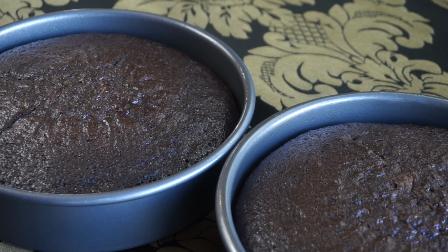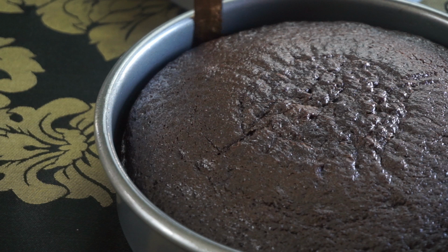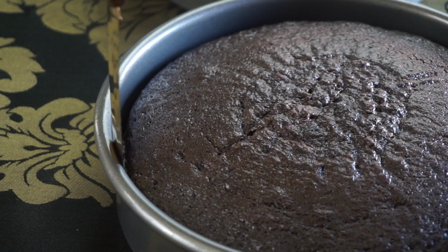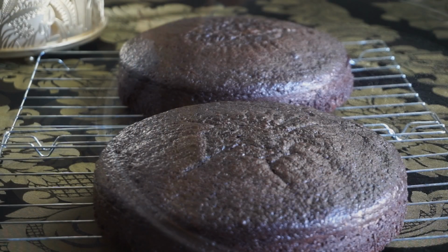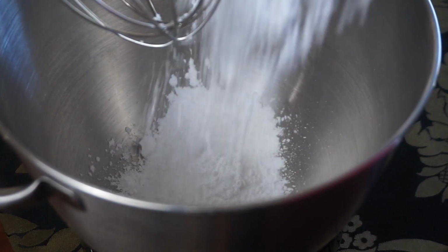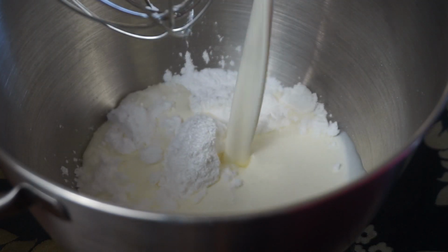Now you're going to go ahead and let your cakes cool for a few minutes, and then you're going to take a sharp knife and you're going to run it along the sides of the cake pan. Stay nice and close to the cake pan so you don't destroy your cakes, and then we're going to let them completely cool. Now for the whipped topping, I'm going to add some powdered sugar, some chilled heavy whipping cream,